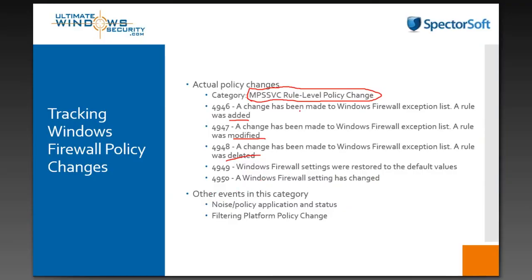What if some other setting, not a rule level setting, but one of the other settings in Windows Firewall is changed, like disabling the domain profile or the public profile? All right, we've got events for that too, 4950. Now, there are some other noise events in this category, but really there's not that much. The big noise comes from